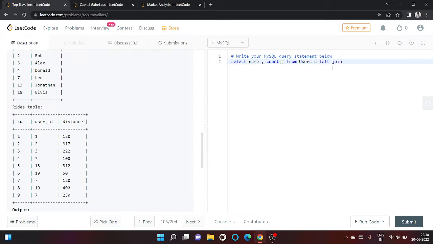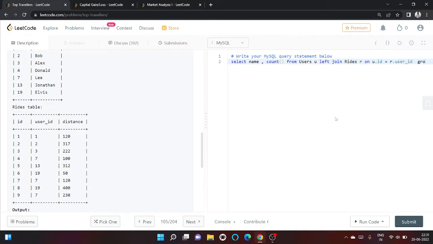Or it doesn't matter also, but let it be left join only. And rides table, on join condition u.id equal to r.user_id,